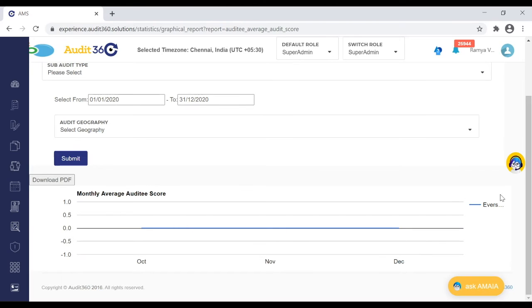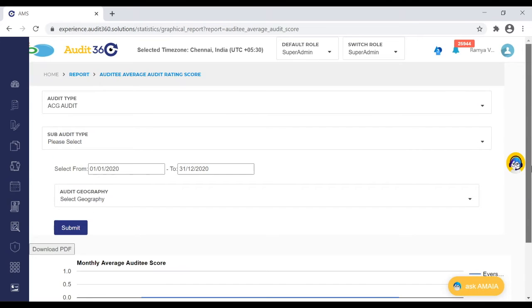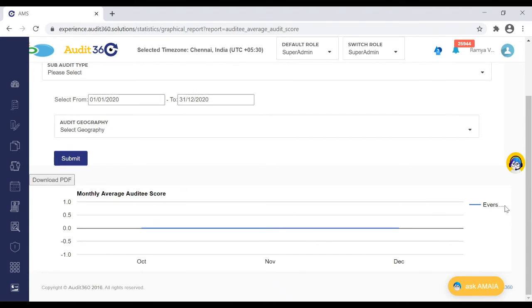So this will give you the indicator of which auditee, how many audits are happening, and what rating score has been achieved. In the selection we have done, only Evershine Nagar has been executed. Hence this information shows only Evershine Nagar. We have audited for October, November and December.